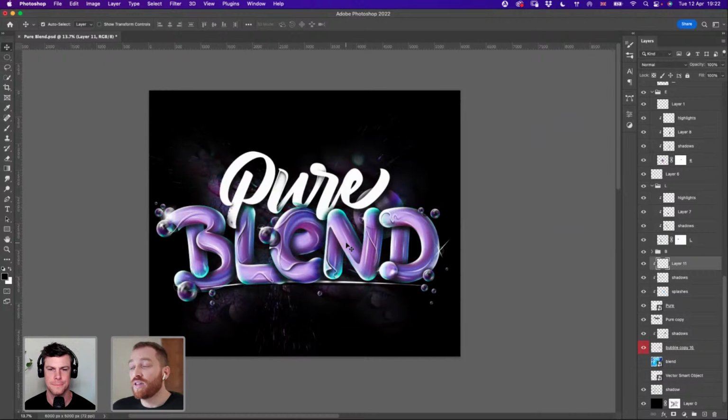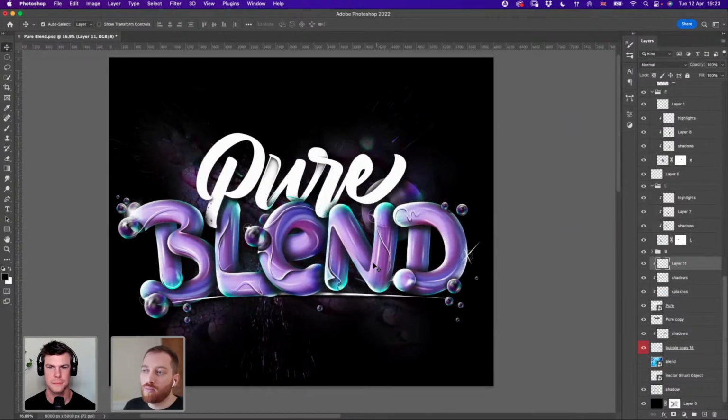And so then we added some effects. These effects were a clipping mask on each layer to add some shadows and some highlights. We were thinking that there's a light here, so we can have more highlights from this side and shadows on the other. We added a lot of effects like bubbles. We created bubbles from scratch and duplicated them in many places. We added some signs and details, which we made a bit blurry, and we gave this ceramic plastic effect on the letters. And we added even more shadows, like this.